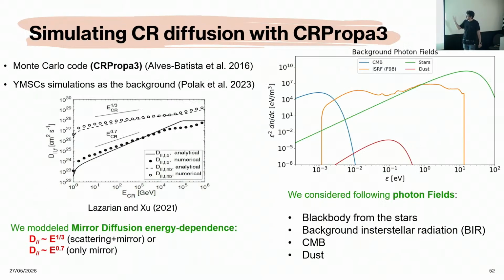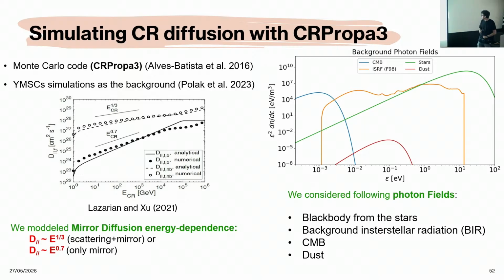And for that, we use the CRPropa, which is a very powerful framework for testing these kind of things. We are using these two modelings of the diffusion, based on mirror diffusion. So these two dependencies, E^1/3, which in this case would be the most likely due to the characteristics of the turbulence in these regions. E^0.7 would be if the mirror is extremely effective, and depends a little bit, but it's less likely in this scenario than the other one, but still it's a good comparison. And